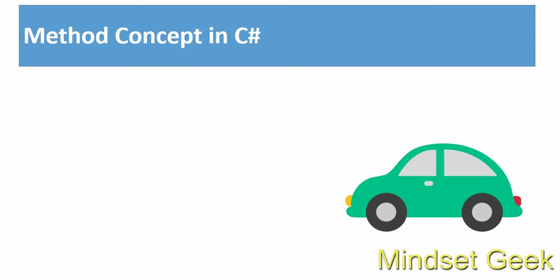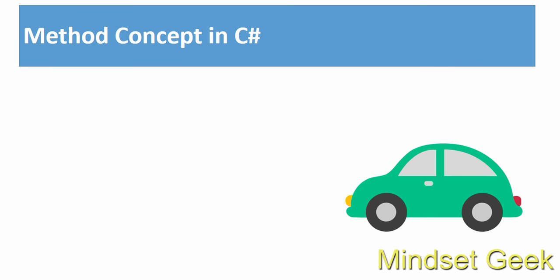There are many actions available, like a start function, a break function, many functions, right? A lightning function, an AC function, many functions available, right? Those functions we call methods in C Sharp, right? I want to explain these things at code level, but first get the idea behind the theoretical concept, the real world concept. What is the method concept, right?